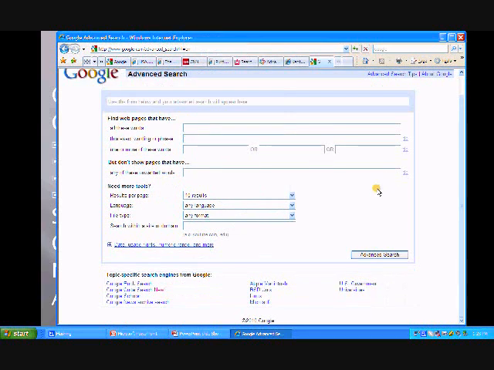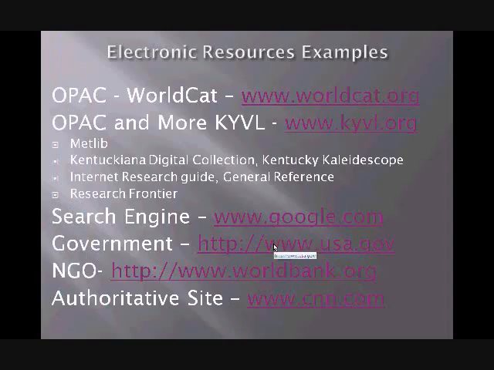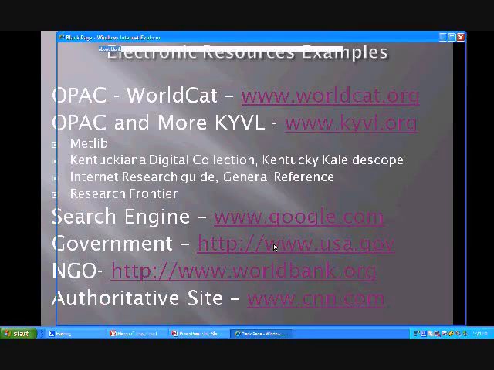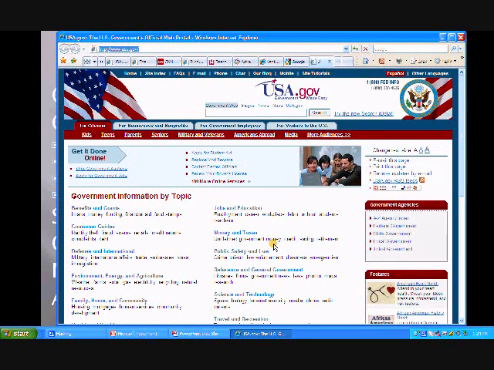It's organized by age group, by type of person, government employees or businesses. It has an A to Z agency index. It has organizations by the type of government and by type of topic. It has site tutorials to help you learn how to search the information. And then